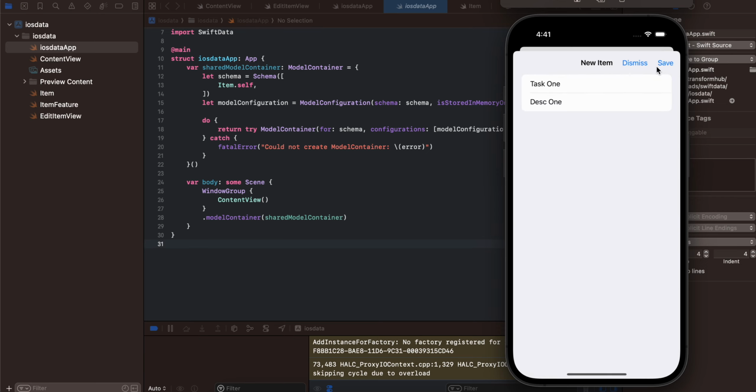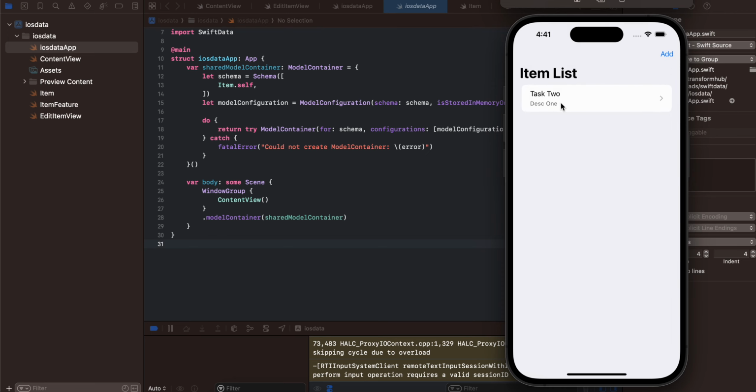I will add another task. So here it is autofilled because it remembers the state. So I will just add task 2, click on save. So it has added task 2. Now if I click on this, I can simply edit it. I will just do task 3. If I go back, as you can see it just updated task 3, and here you can also add